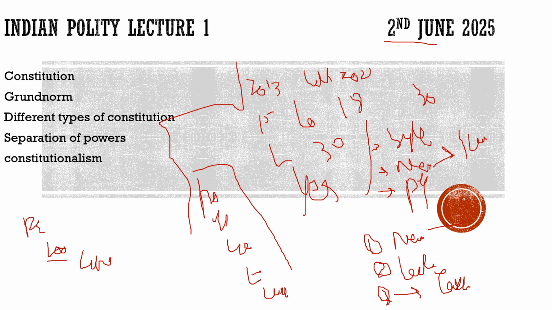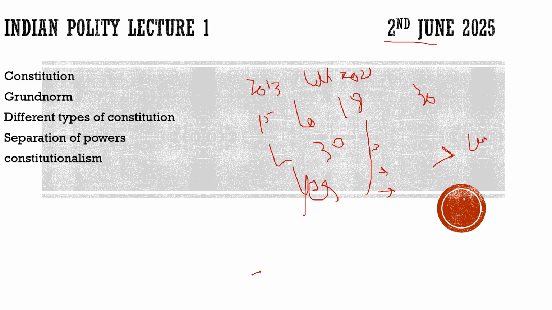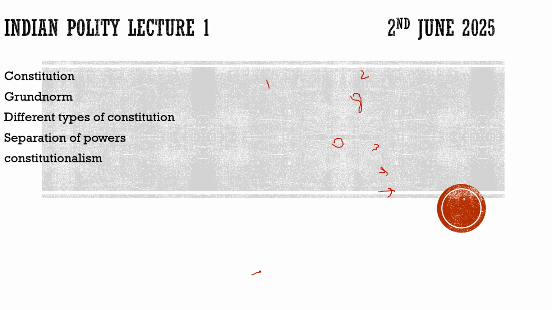Now with this, I hope you have understood it. Now let's get to the idea. Let us see how the Constitution works, what the Constitution is, and how it came into being. What is the history of the modern Indian Constitution which we have right now? What kind of Constitution is it? Is it rigid? Is it flexible? We'll discuss all this. But first, before discussing that, I want to give a very unique perspective to this subject.